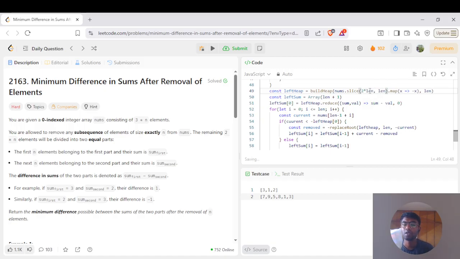This will be 2 times length and length, so that's what. So we are going to build it, and also we are